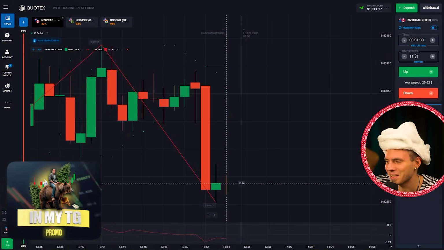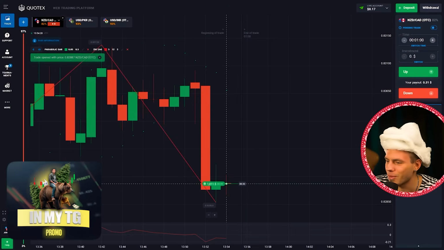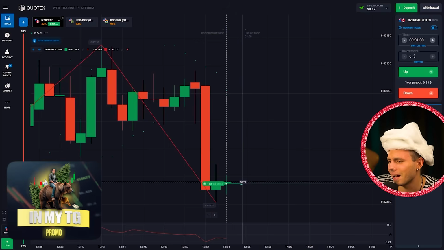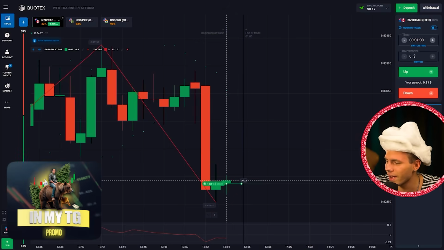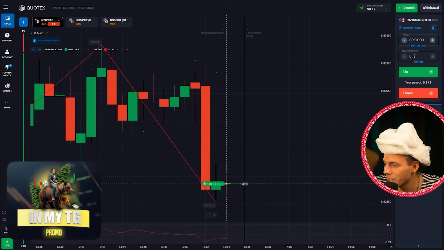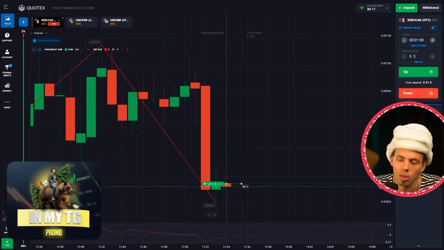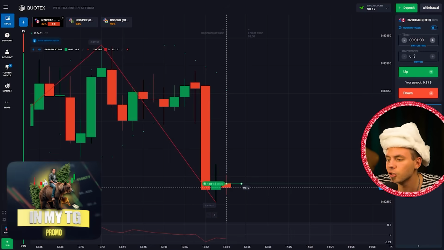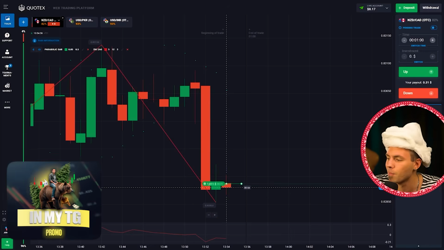Okay, very interesting situations. Let's set the amount right now, and I'm opening a buy trade over here. So what pair do we have? We got New Zealand dollar to the Canadian dollar. Very, very large paranormal bearish candle over here, you see. We expect a bounce from the local oversold zone upwards right now. That's the only possible continuation of what's happening over here, because this one candle was extremely paranormal, and